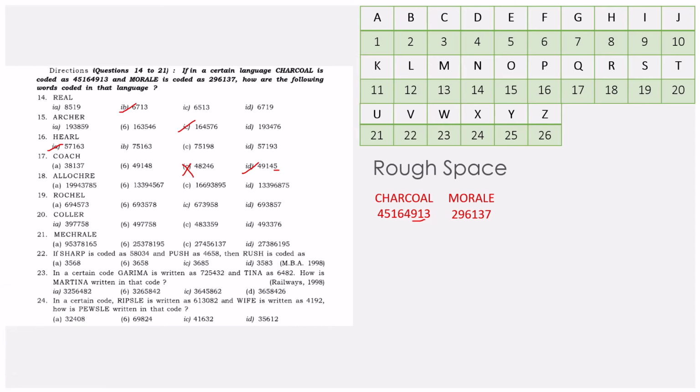So like this, you will be checking 4 options at a time and you will also be saving a lot of time. And next thing, ALLOCHRE. Again going by this, LL is repeated. 99336633. 33 is repeated twice. So 66 and 99 are eliminated. 456738956875. Okay, 7 and 5. Let's check the last letter and we'll get the answer.